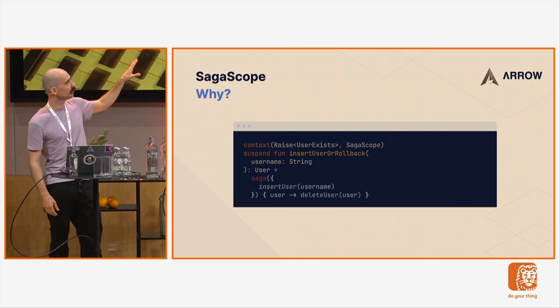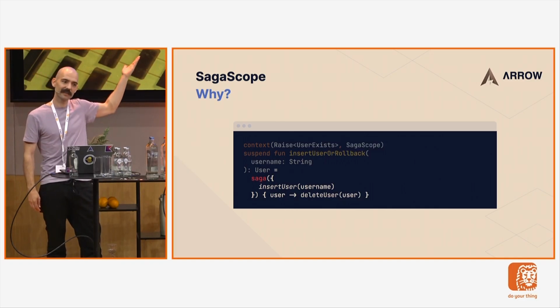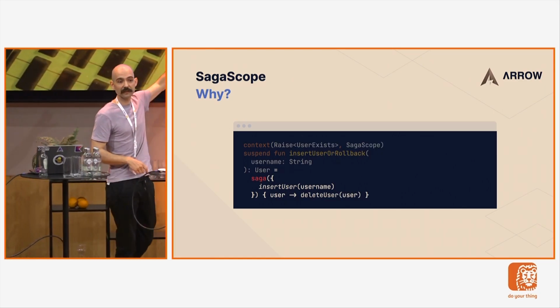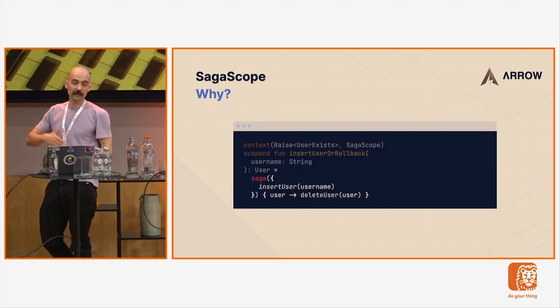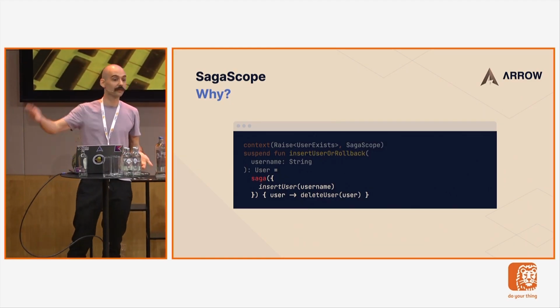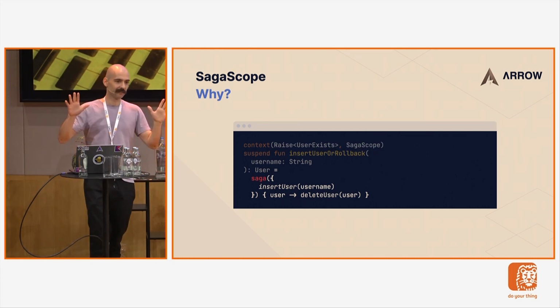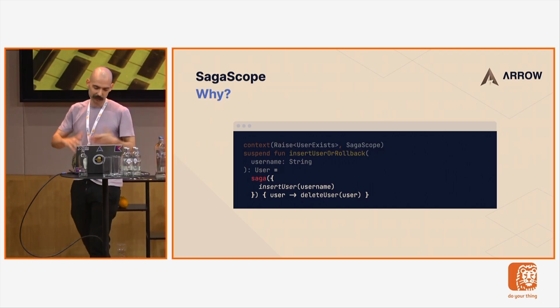And we're not going to look at the interface, but the Saga scope is, again, an interface with a single abstract method, in this case, the Saga method, and it allows you to define an action, which in this case is inserting the user, and it also allows you to define a compensating action, which is deleting or attempting to roll back the user, right? I'm saying attempting to roll back because, yeah, Sagas as distributed transactions are problematic. I'm not going to go into that, but